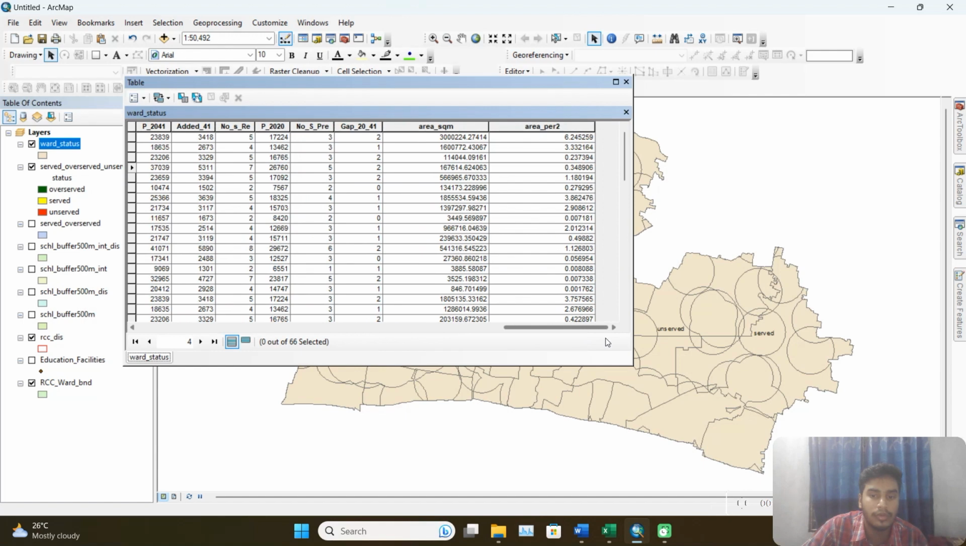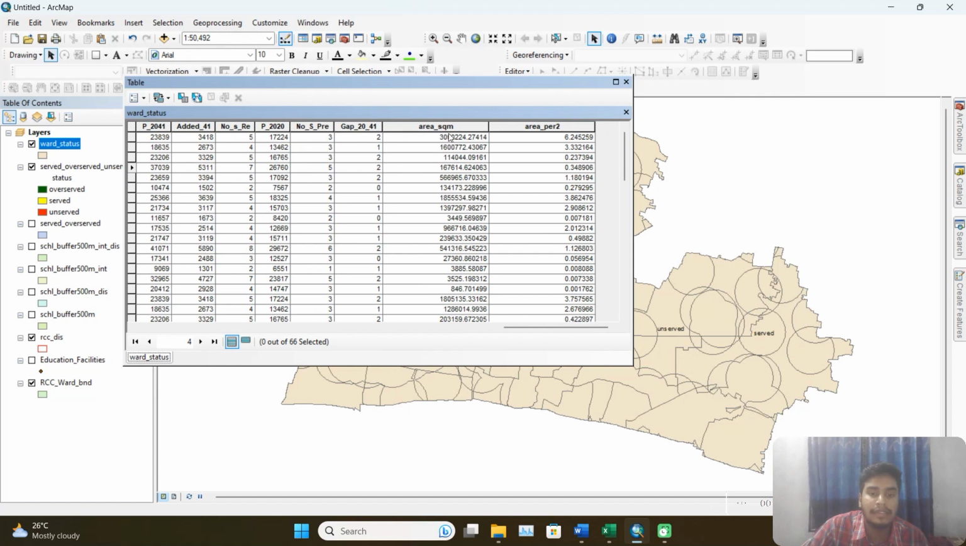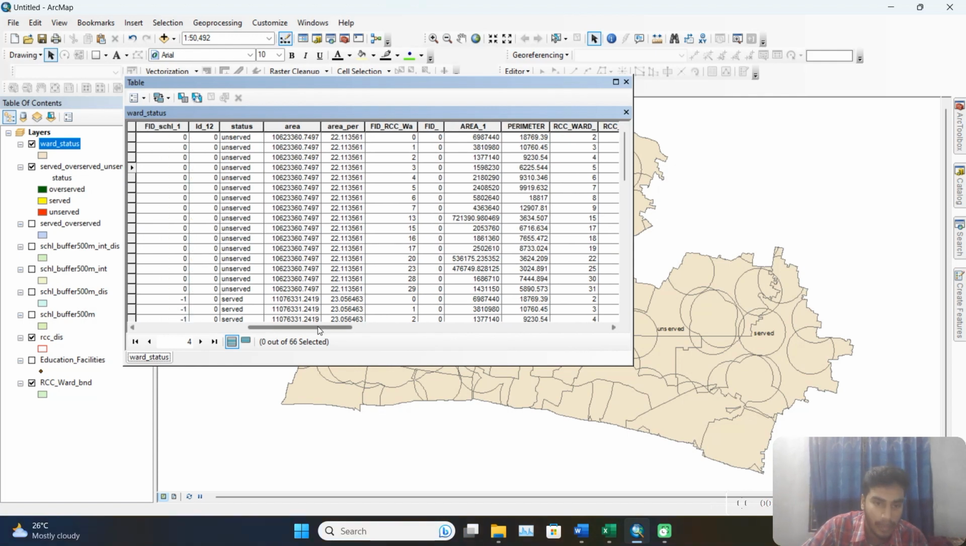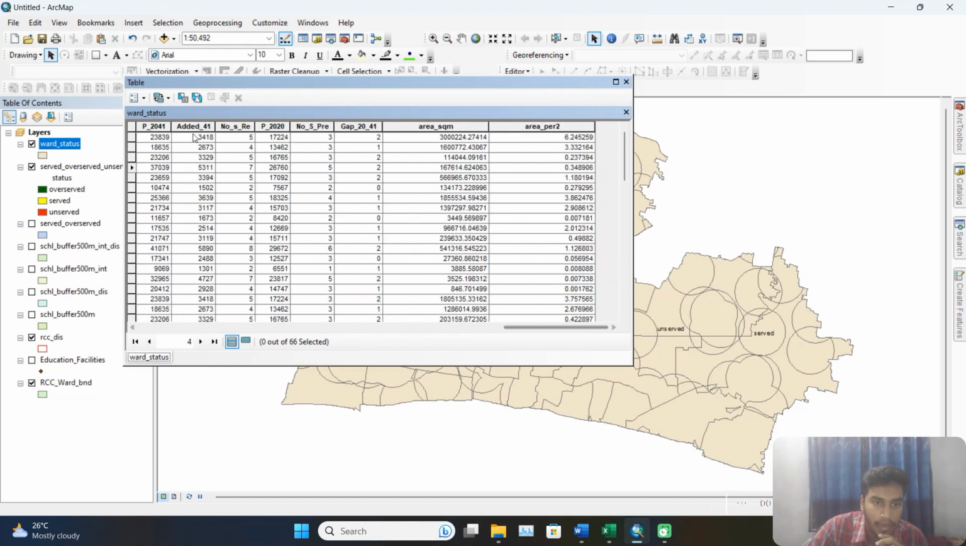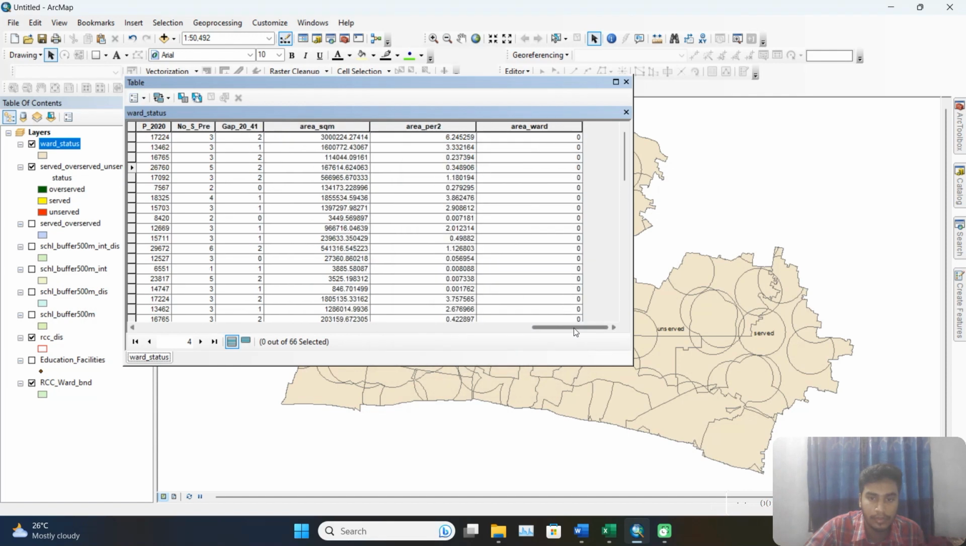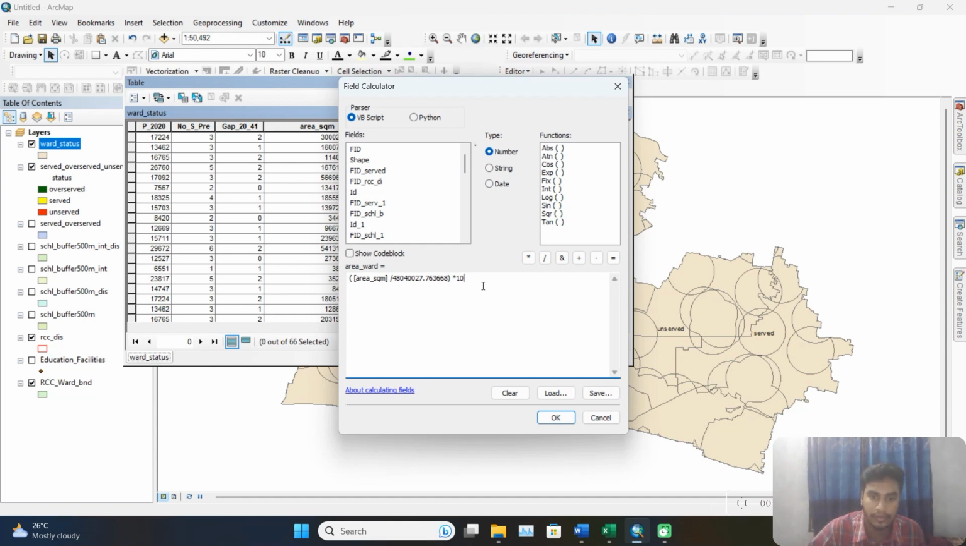now we have to divide this area we have calculated by the ward area, which is here, ward area. So if we again add a field, which is called area ward. Okay, now field calculator,